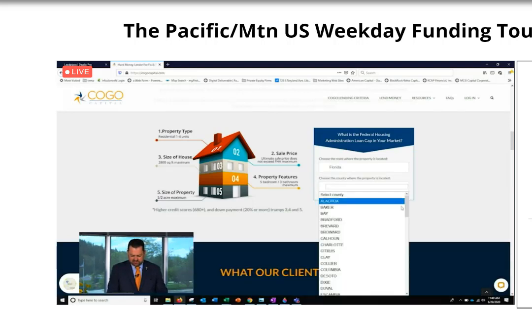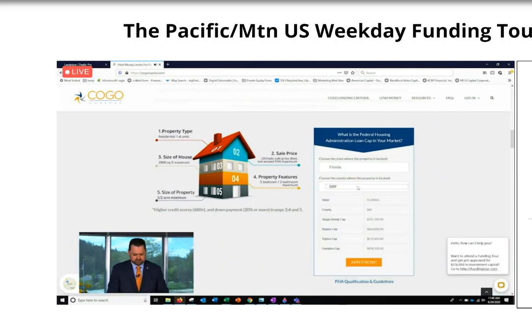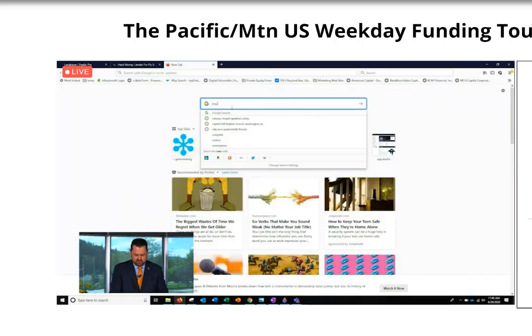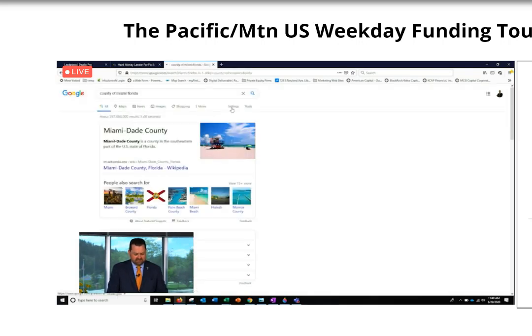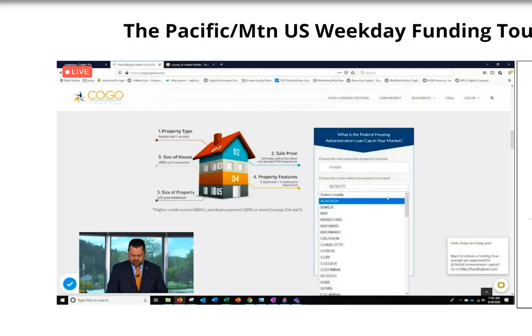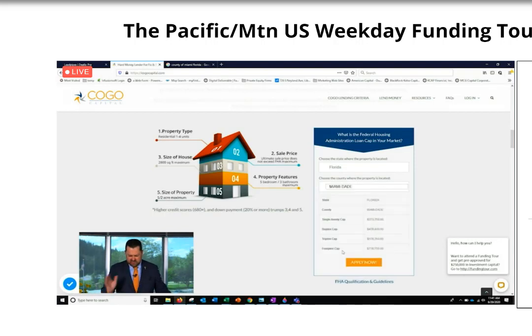And let's go into, actually it might be Broward County. Dade, Miami-Dade. Okay, got it. So we're going to go back here and go into Dade County. Miami-Dade, where'd you go? There it is right there. Okay, so in Miami-Dade County, the FHA cap is